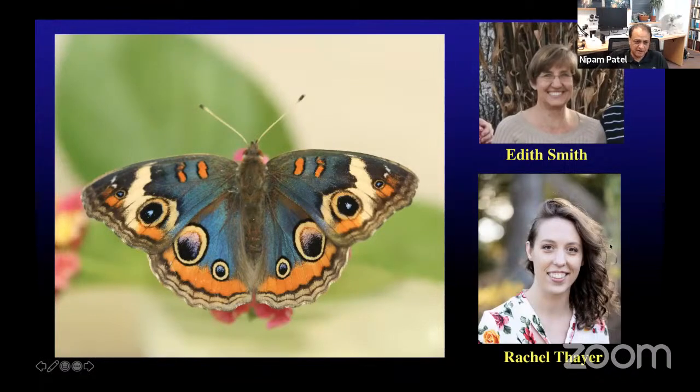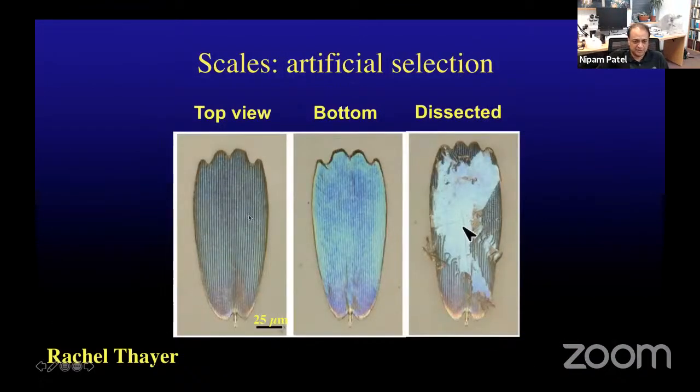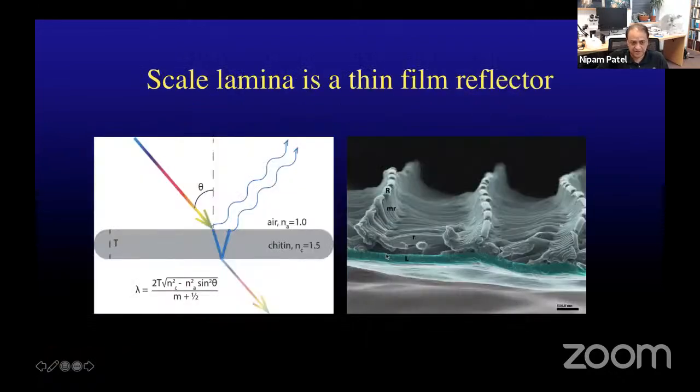And Rachel Fair, then a graduate student in the lab, decided to use these butterflies to try to understand how you were making this blue structural color. So one of the things that Rachel discovered is that if you look at these blue scales, so this is a top view of the scale and a bottom view, it's really the bottom layer of the scale that's creating this blue. And in fact, if you rub the ridges off from the top, you can actually see the blue really well. And it turns out the way these butterflies create blue is that the bottom layer of the scale is just a flat layer of chitin, and all scales have that.